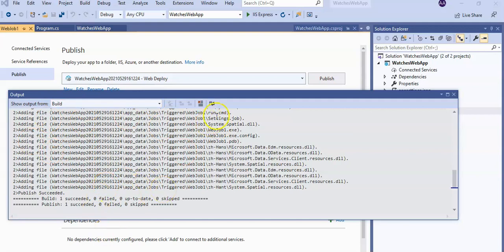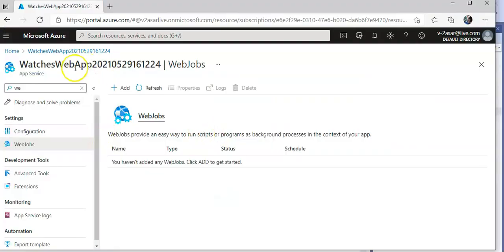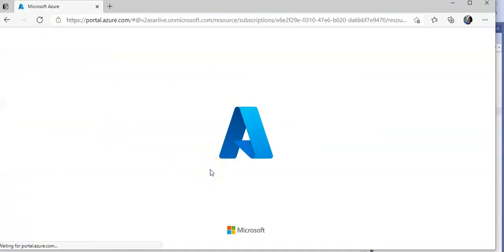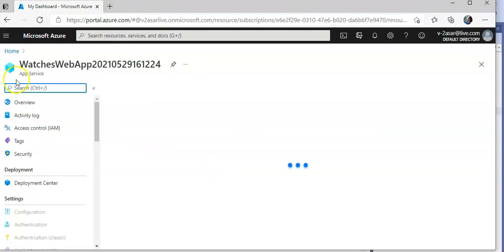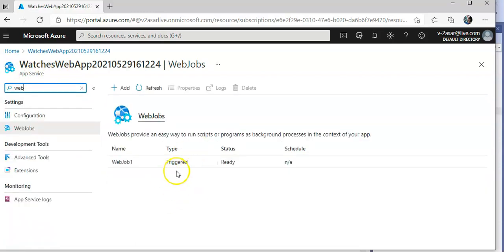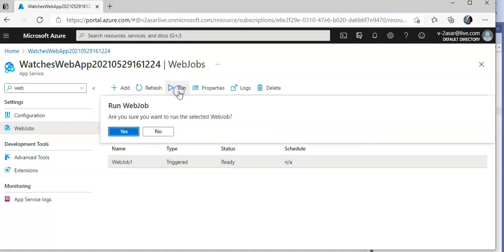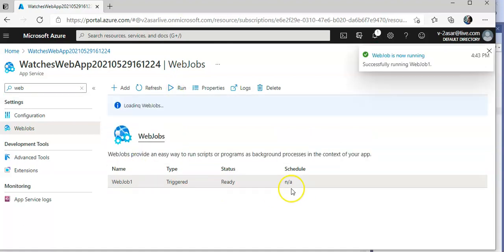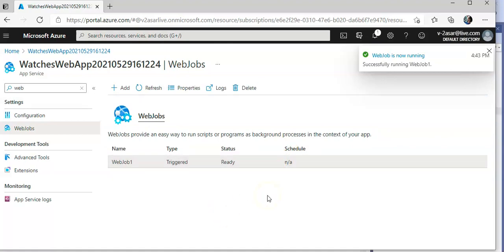Okay, let me go to the portal, refresh it again. Click on web jobs. Okay, here you see ready, scheduled NA, type is triggered, and you can run it. Yes, beginning web job run. It is now running. You can delete it, you can check the logs, and if you go to the storage account,